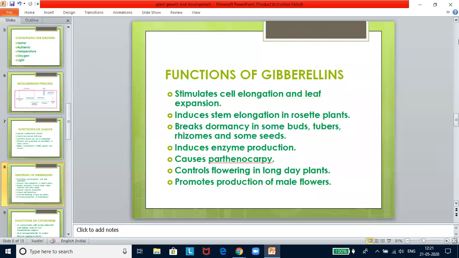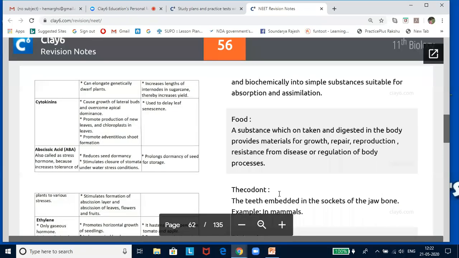Now, the next substance we are going to talk about is the cytokinin. Cytokinins are a group of plant hormones, including kinetin, which acts synergistically with auxins to promote cell division. They have definite effects on cytokinesis and were discovered as kinetin, a modified form of adenine, from autoclaved herring sperm DNA. Kinetin does not occur naturally in plants.